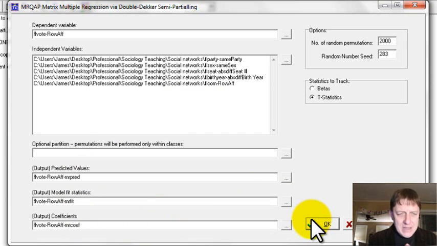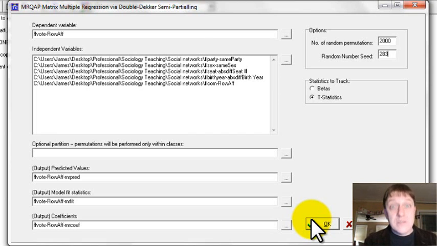Okay. You ready? I think I'm ready. I'm going to hit OK. And it's going to take me a little while to run. This one won't take too long because it's a small network. But if you have a large network, and you really shouldn't have too large a network because you don't want to have too much work for yourself, it will take a little while to chug through this, especially if you have an older computer. If you really have an old computer, your computer might choke on this because it involves